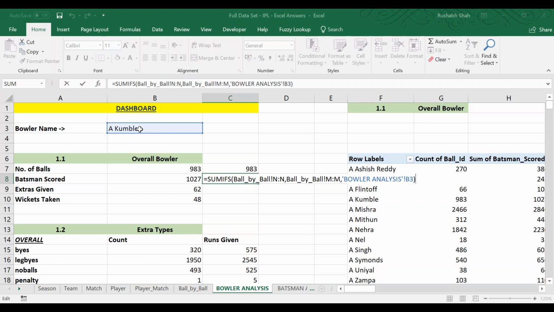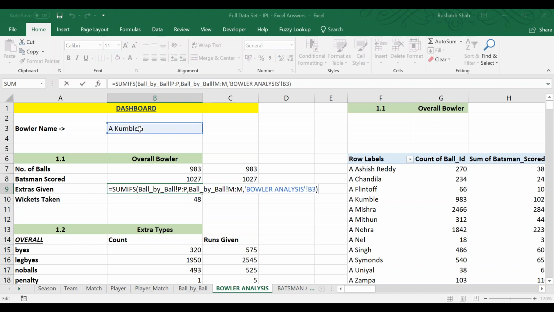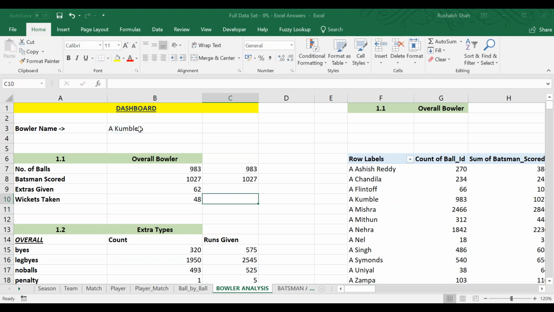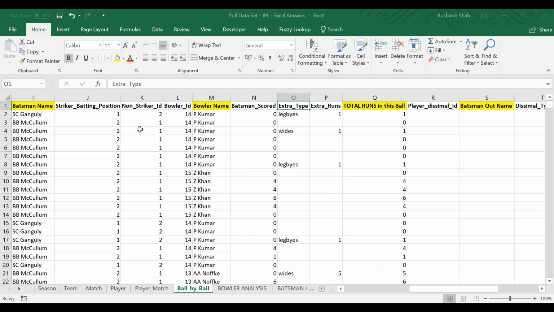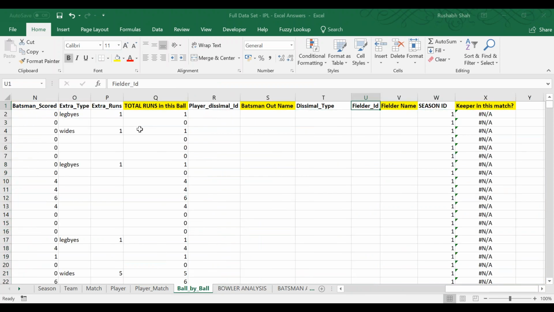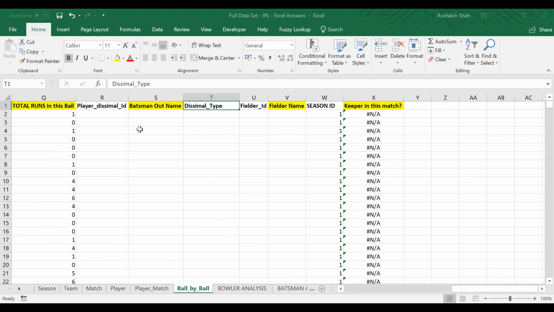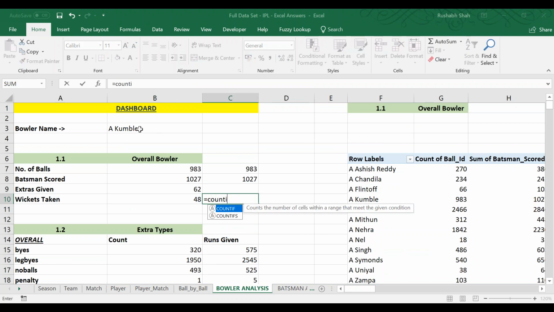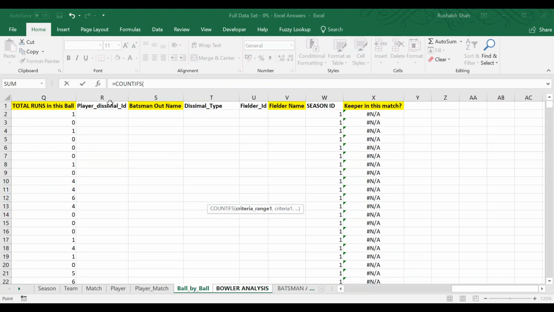Yes, player dismissal ID. So that is a little different. Oh sorry, wickets taken. For the last one, it's a little different. What you will have to check is how many times the dismissal ID is mentioned. You see this, everyone? So what I've done is I've taken a count when the dismissal ID, comma,